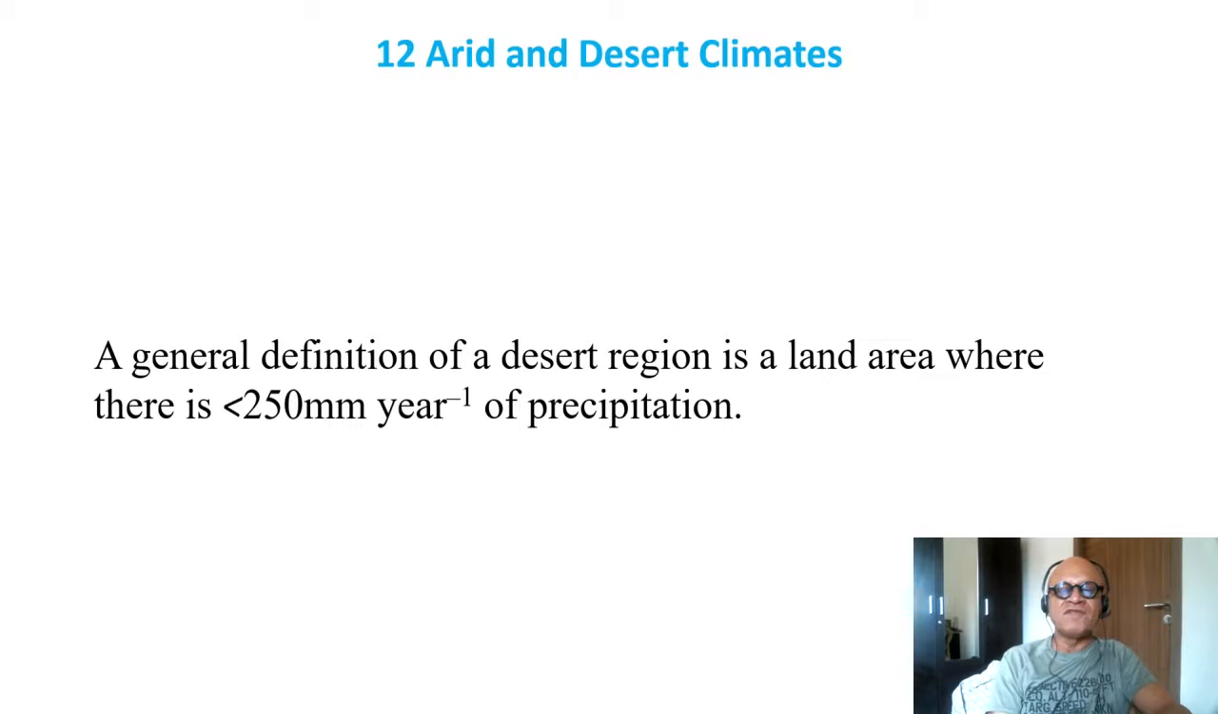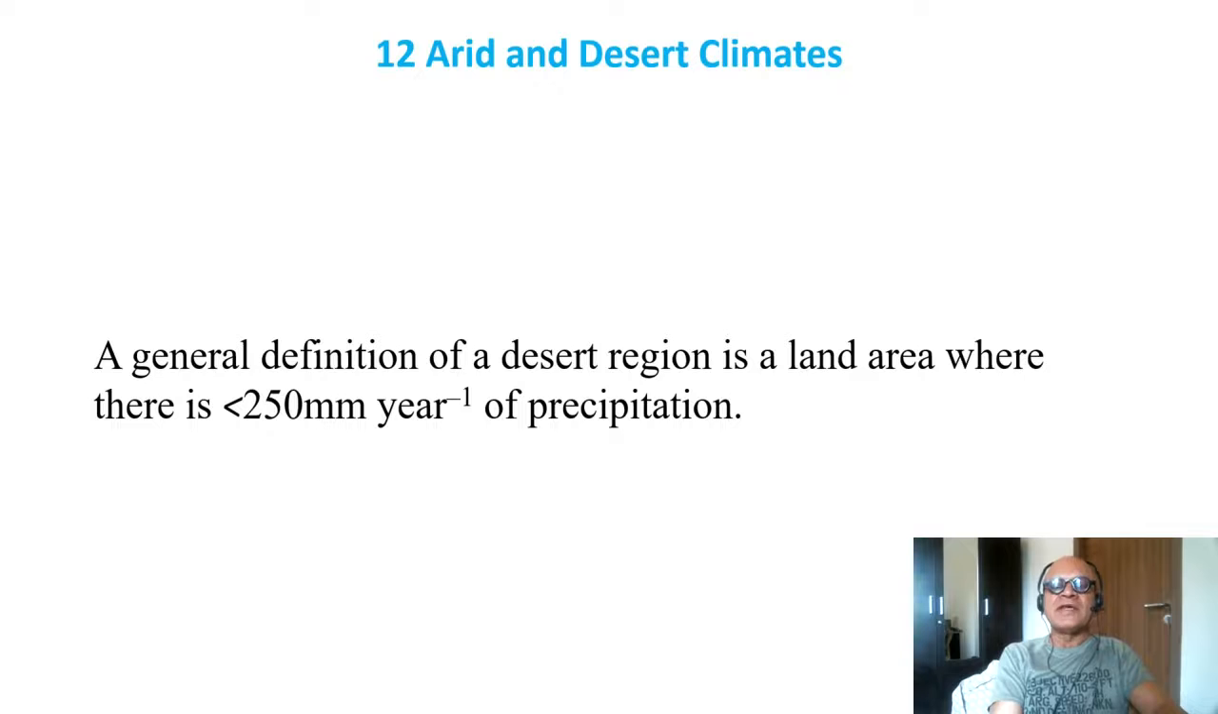What is the definition of a desert region? If you just go by precipitation, it's less than 250 millimeters per year of precipitation. Obviously, the polar regions then become really strong deserts with very little precipitation. But here we will just focus on the subtropical arid and desert climates because we are still doing the